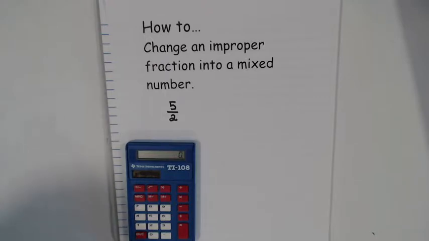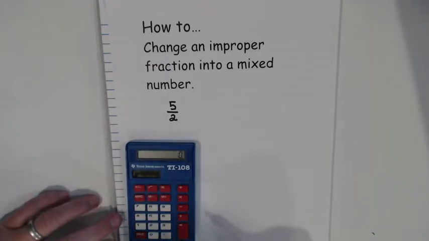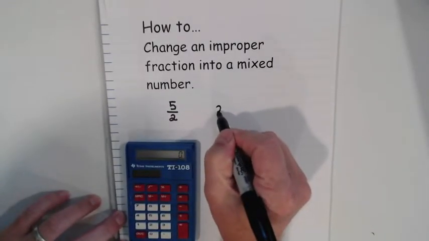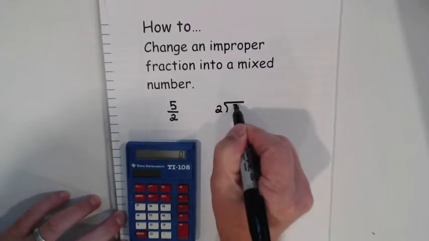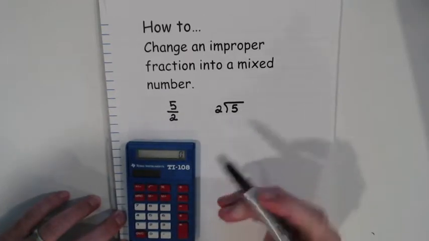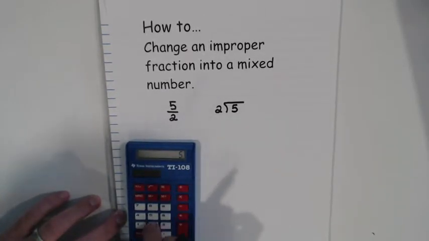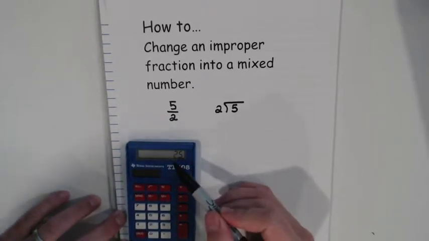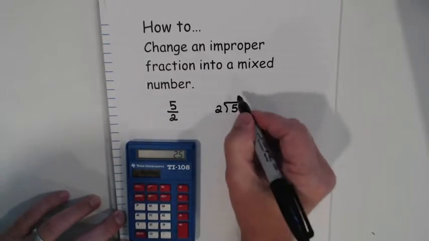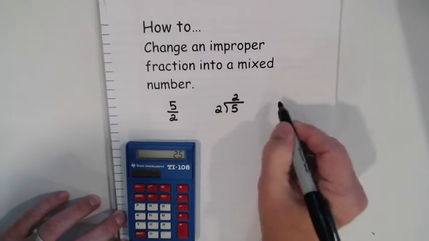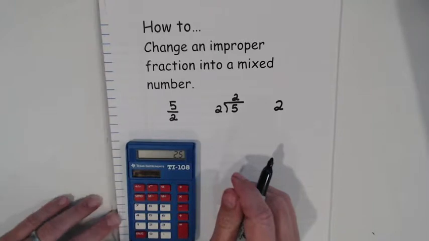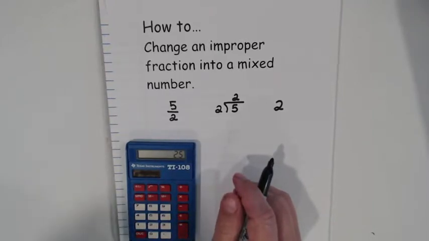So let's try this. We're actually going to use our calculator to help us do this. And we're going to figure out how many times 2 will go into 5. So what I do is I put this number right here in my calculator first, 5 divided by 2, and it will tell me, as far as the number that's in front of the decimal, that's how many times 2 will go into 5. So I put that 2 right there,